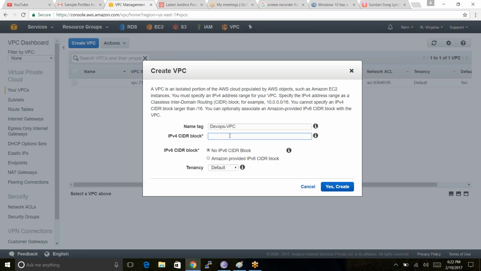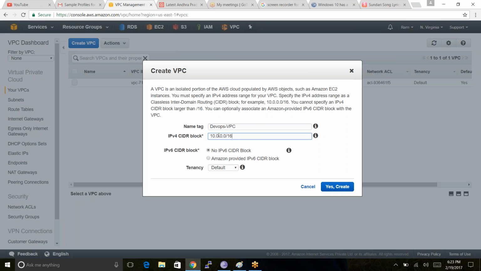So you can choose whichever IP range you want. For now I'm giving the IP address 10.0.0.0/16. You should be aware of why we are giving a /16 after the IP address.